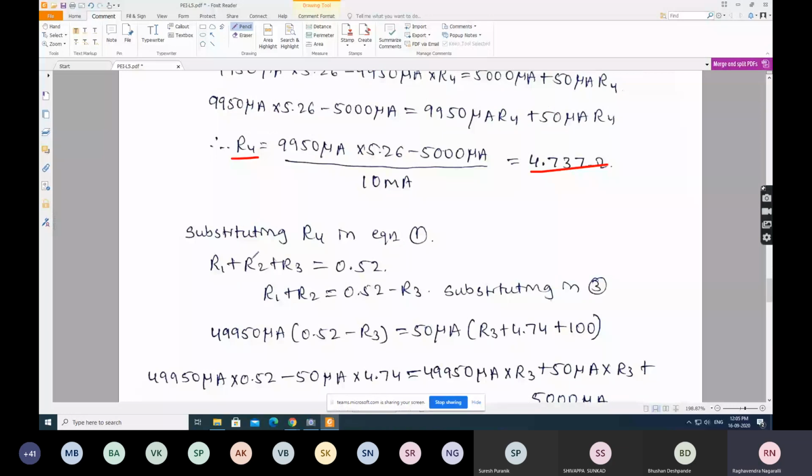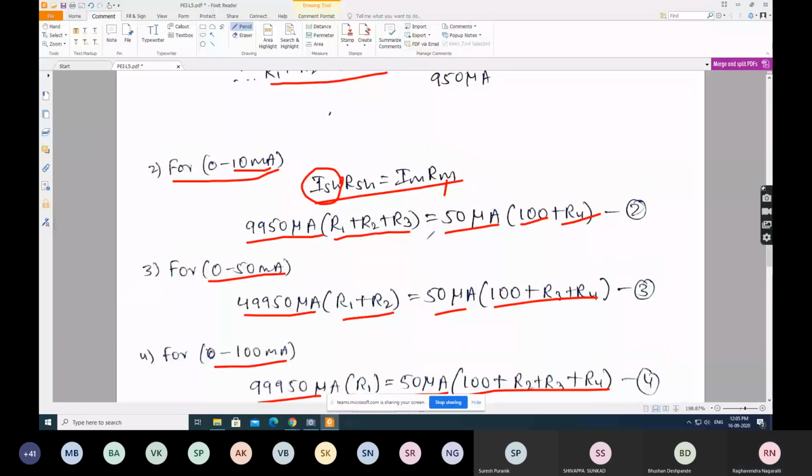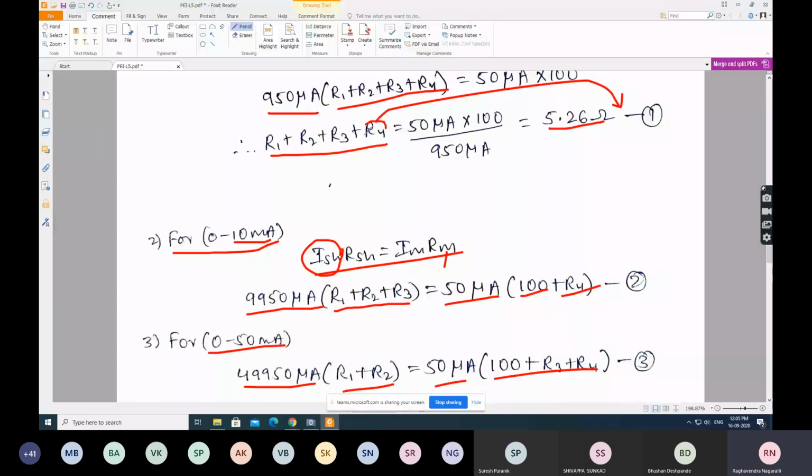So now substituting this R4 in equation 1. So equation 1, here it is. So this is the equation 1. So if we substitute the R4 value here,